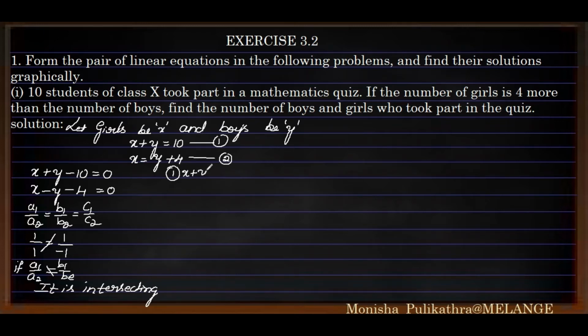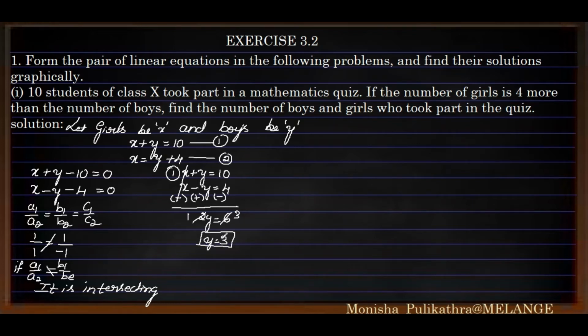So the first equation is X plus Y is equal to 10. For the second one, I will be shifting only Y to the left hand side, so X minus Y is equal to plus 4. Next we need to change the sign of it, so plus into minus, minus. So these two X terms cancel each other. Here plus and plus, like signs. For like signs we need to add. So Y plus Y is 2Y is equal to, here plus into minus, minus 10 minus 4 is 6. So 2 ones are 2, 2 threes are 6, Y is equal to 3.